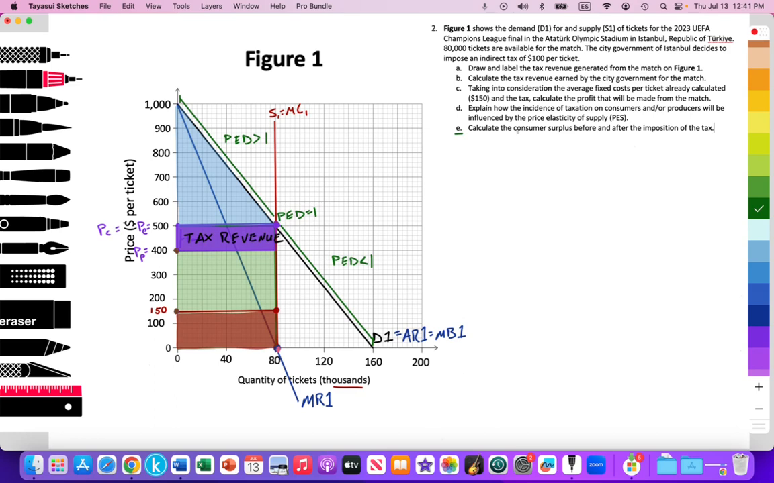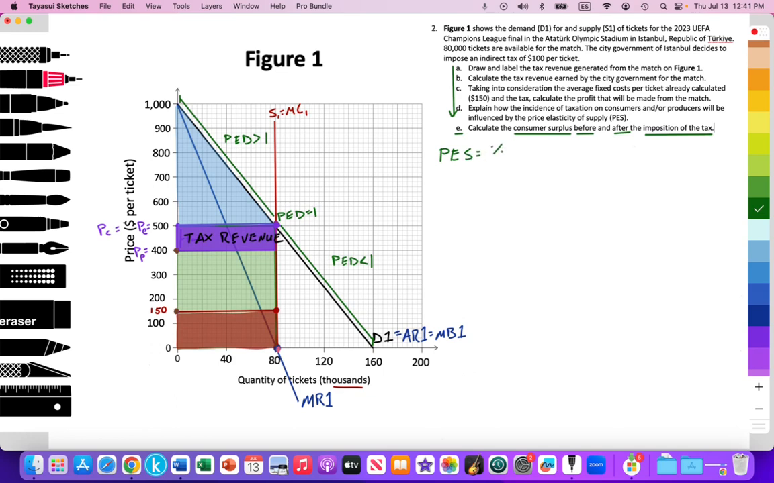It asks us to calculate the consumer surplus before and after the imposition of the tax. And that's carrying over from the previous video where we were working through this series of questions from A to D. And our workings from that question are seen. We have a perfectly inelastic supply curve, PES. The PES value,